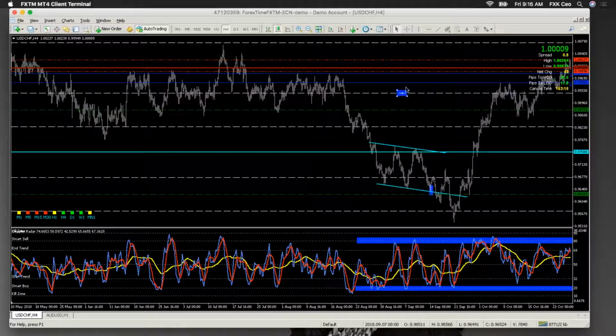And sometimes I drop down to the 15-minute to try to grab an even better entry. But overall, when I drop down to a lower time frame, so let's say like this 4 hour, right? If I'm looking here and I'm trying to catch like the prime entry, I might drop down to the 15-minute and look for maybe a double top or a double bottom, with the actual M. So in this case, it would be a double top, and I would look to actually sell on that second